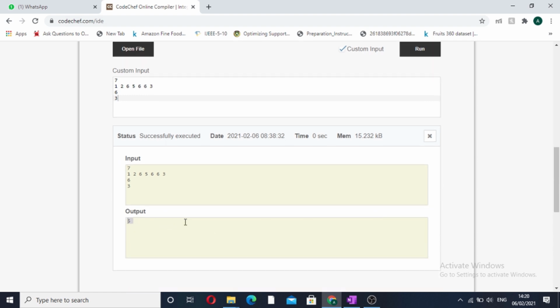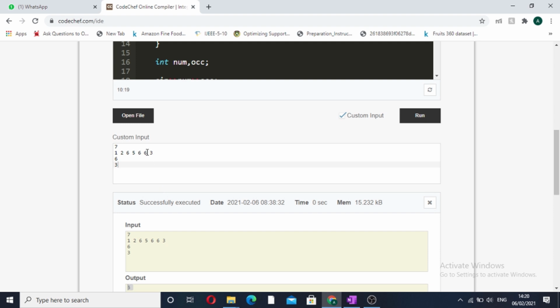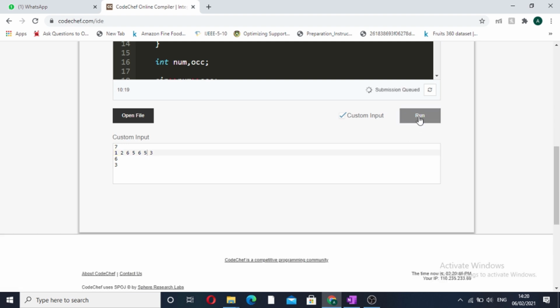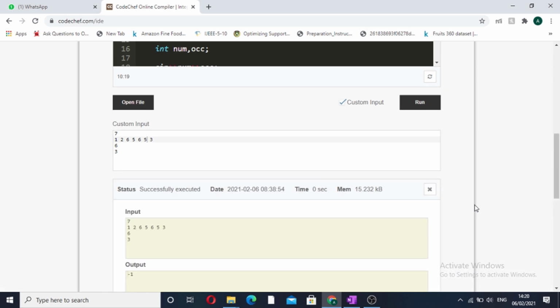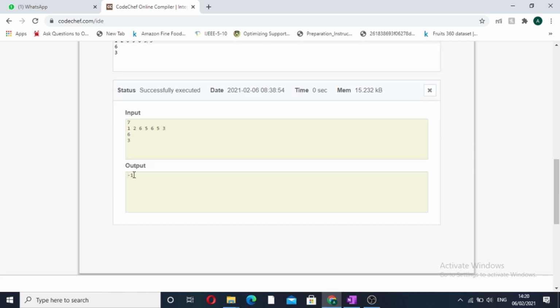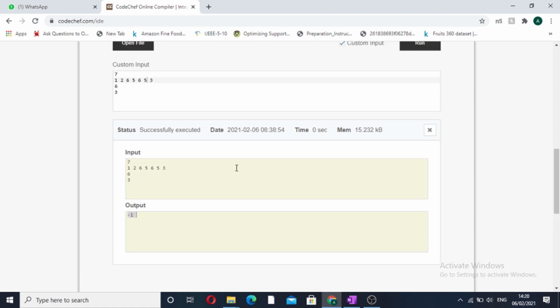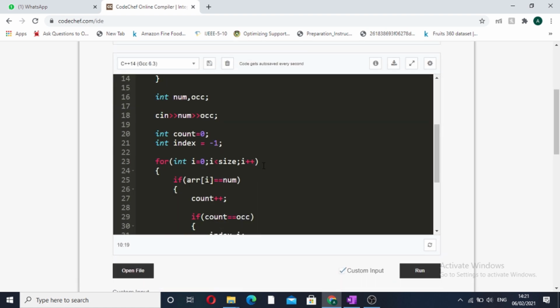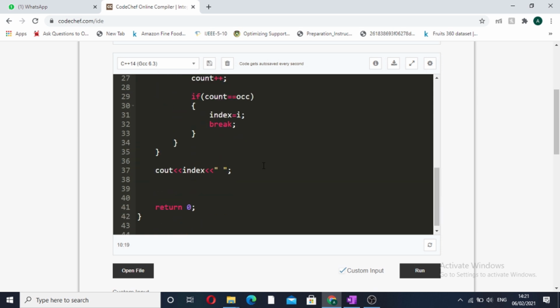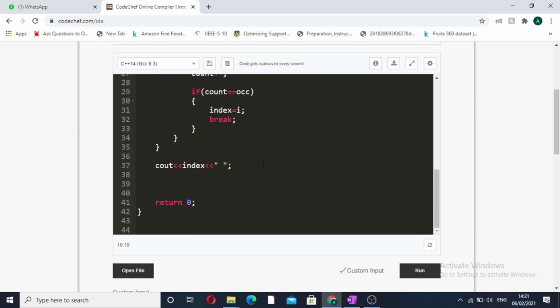This is the condition when we have found the nth occurrence. Now let's suppose we have to find the third occurrence of 6, but that third occurrence of 6 never occurs in this array. Then for this case our answer should come out to be -1. Okay, so you can see that our output is coming out to be -1. So you can see that this code is running perfectly fine and it will clear all the test cases which are present in CoCube's IDE also. So I hope this question is clear to you.